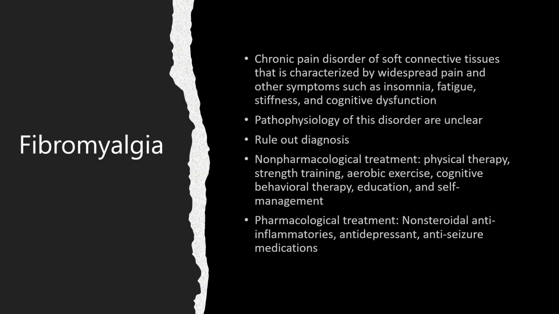Fibromyalgia. This is commonly found in patients with rheumatic conditions like RA, lupus, and Sjögren's syndrome. The onset of fibro usually occurs in middle adulthood, but it can occur in adolescence and later in life. Genetic factors may play a role in predisposing patients to the development of fibromyalgia. Fibromyalgia is a chronic pain disorder of soft connective tissues, and it's characterized by widespread pain and other symptoms like insomnia, fatigue, stiffness, and cognitive